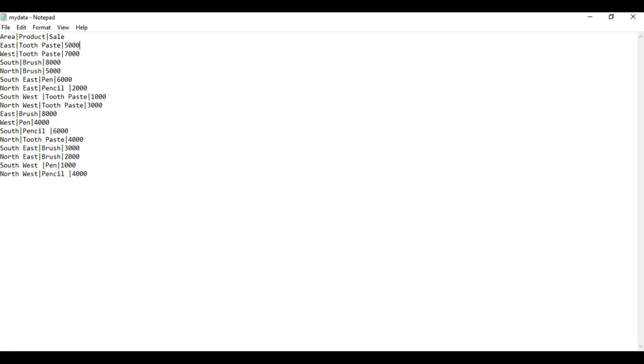So here is our text file which has raw data, and here the field delimiter is pipe. So we have area, product and sale information, and these are corresponding rows. So you can see here the delimiter is pipe. So go back to